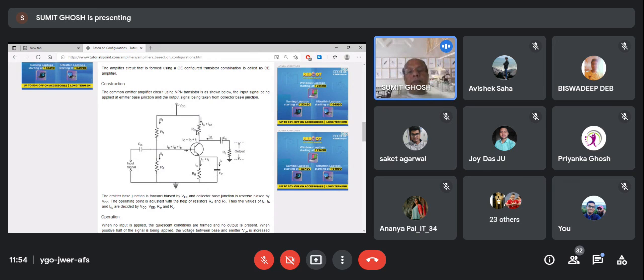And this is the collector current. This is sometimes called a stabilization circuit. Stabilization we have seen, where we discussed that (beta plus 1) RE is much greater than R Thevenin, something like that. So this is a stabilization resistance. It is also called negative feedback because it reduces the gain of the amplifier. So negative feedback from the output to the input.